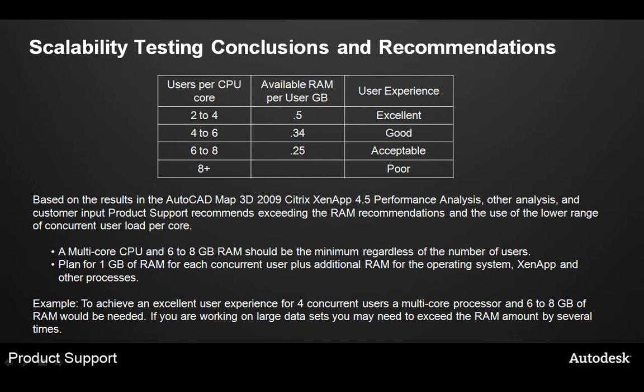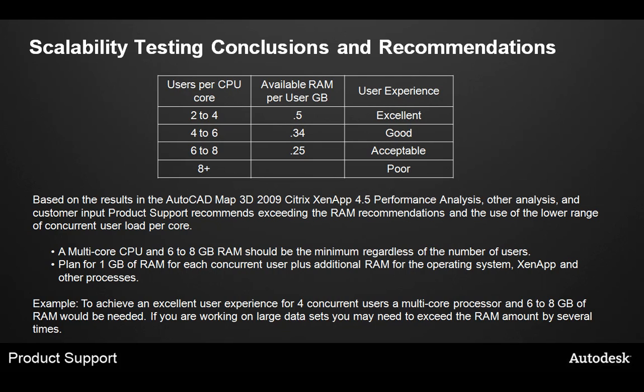Some conclusions about scalability testing and recommendations from Autodesk Product Support. The chart at the top of the slide here comes directly from the performance analysis white paper. Based on the results of the performance analysis, other analysis, and customer input, Product Support recommends that you exceed the RAM recommendations and use the lower range of concurrent users per core. A multi-core CPU with 6 to 8 gigabytes of RAM should be the minimum regardless of the number of users,